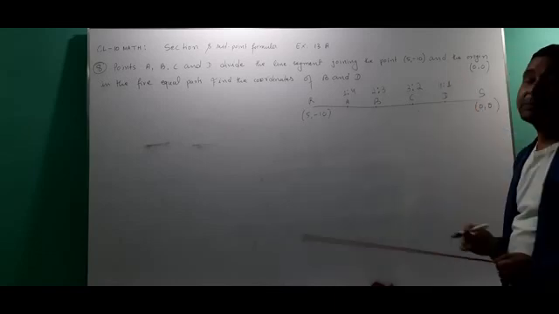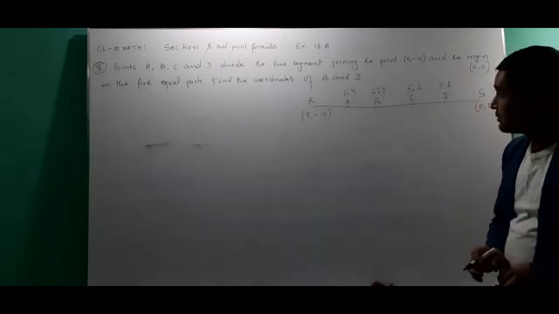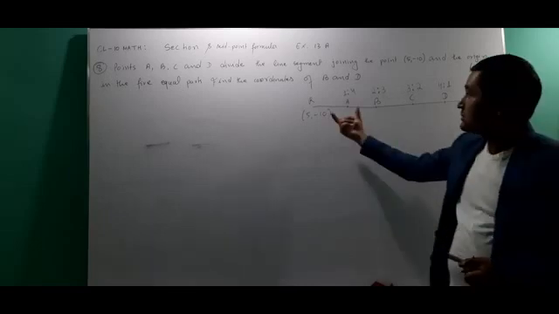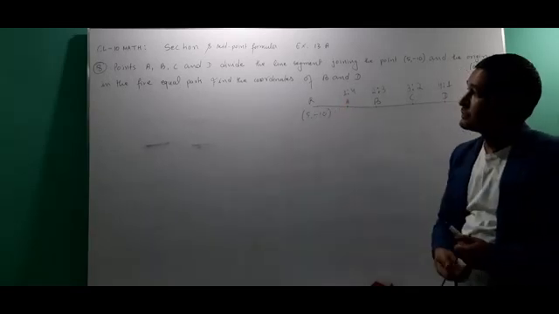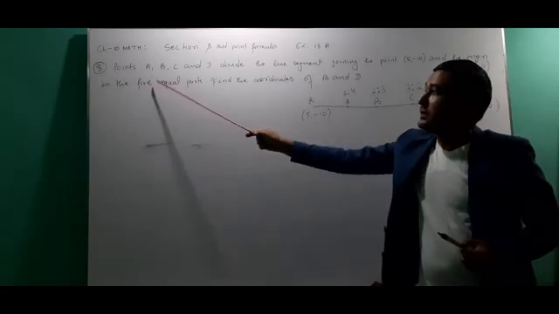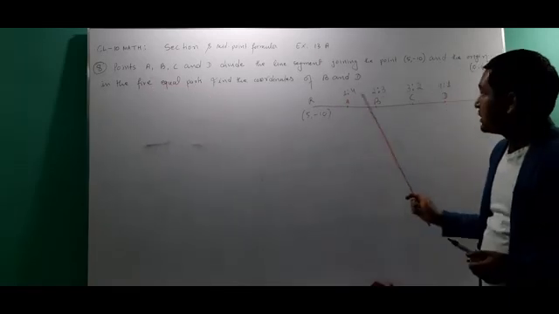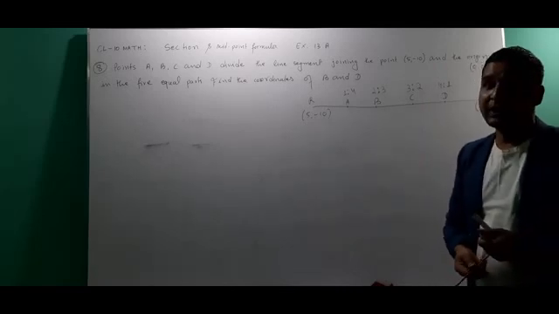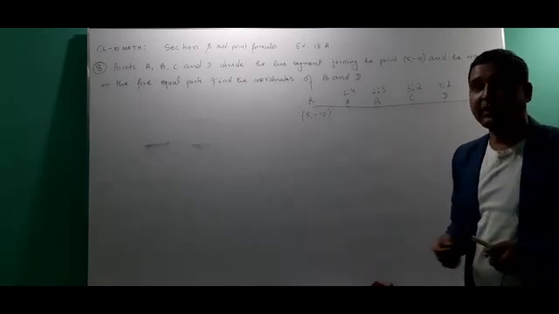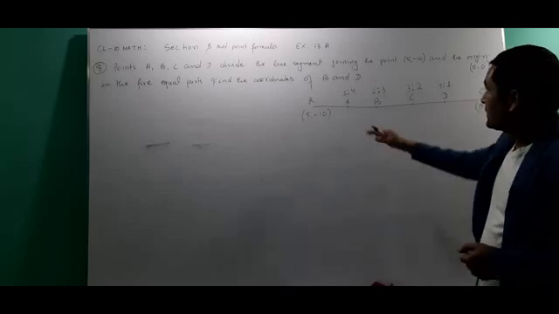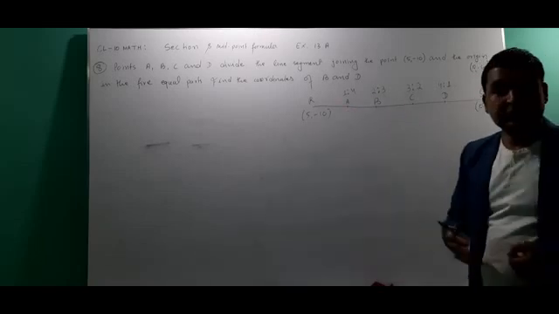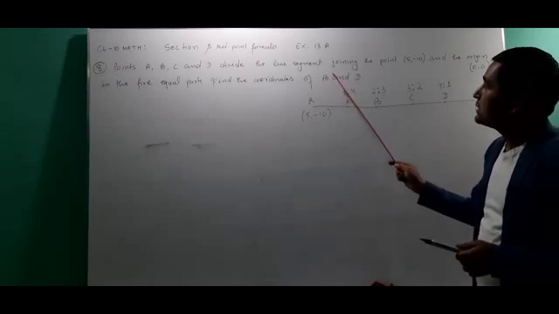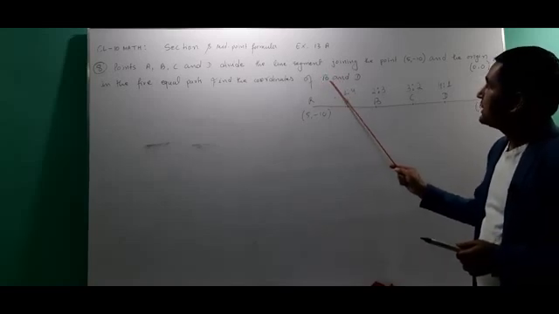This is the way you have to find the ratio of each point, and it works because these pieces are equal. It is written 5 equal parts. That's why you have to find the ratio of each point this way. After finding this ratio, we can find the coordinates of any point by using the section formula. According to the question, we need to find the coordinates of B and D.